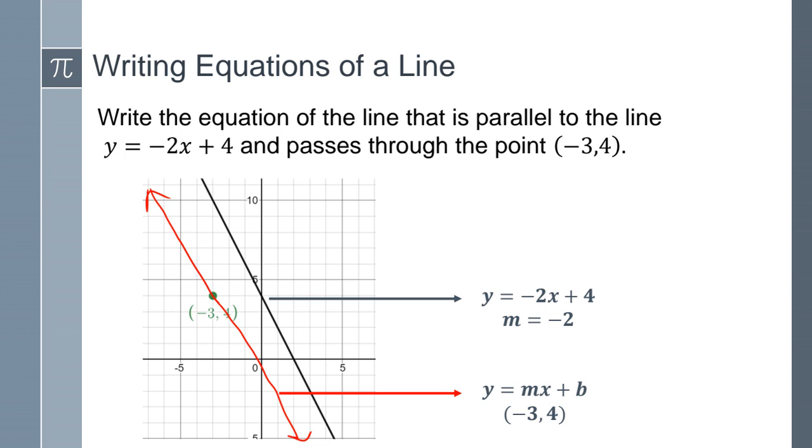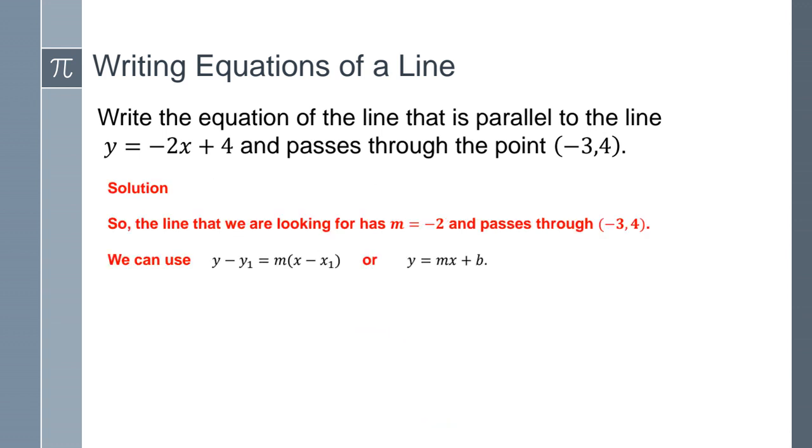So now we're going to do a similar example as what we did in the previous slide, when they give you the slope and they give you the point. So I have all the information. Here it is again. My slope is negative 2, which is in blue, and we have the point negative 3, 4. So we're trying to find the line in red. Again, we can use either formula, the point slope formula on the left, or the slope intercept formula on the right.